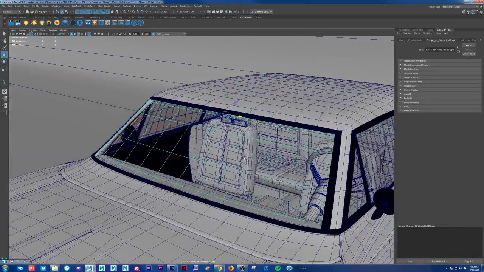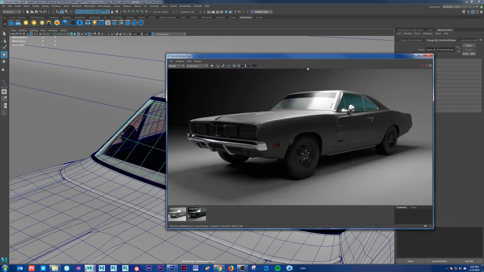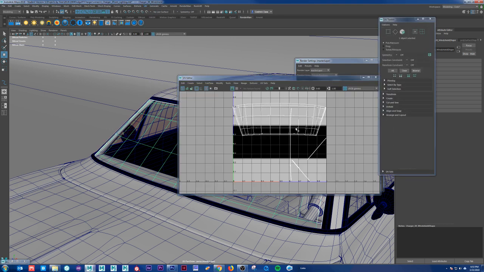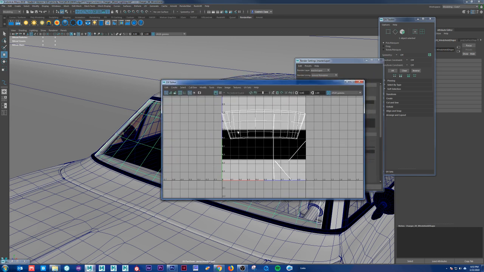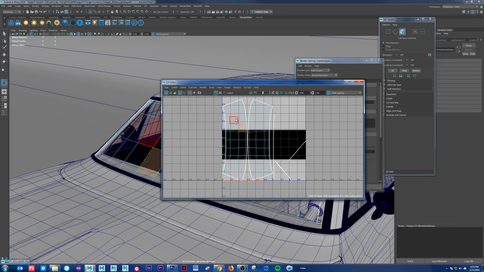So if I go into my render, you can see I got this black line right across it. The way I accomplished that was pretty straightforward. I went to the UV editor, and I know my UVs look a little bit not too nice, but I went to create automatic map, and you can see it takes both of these shells, the top shell and the bottom shell,